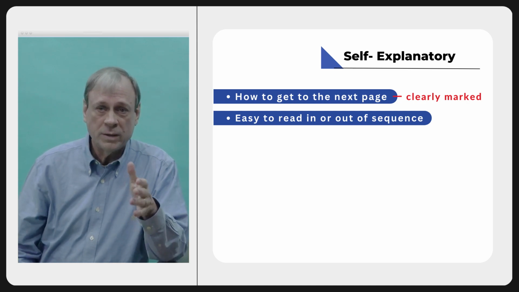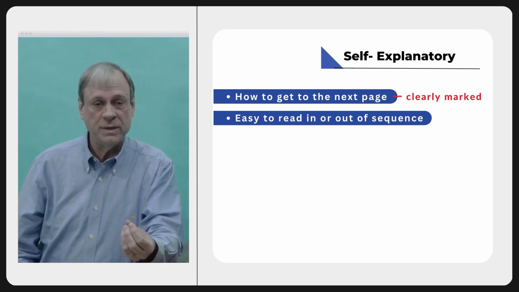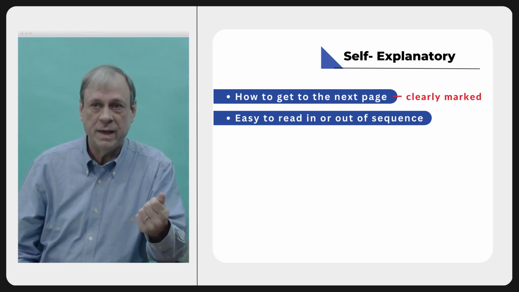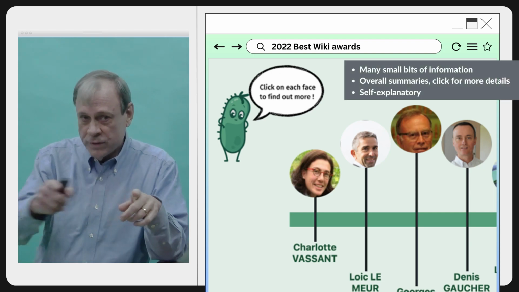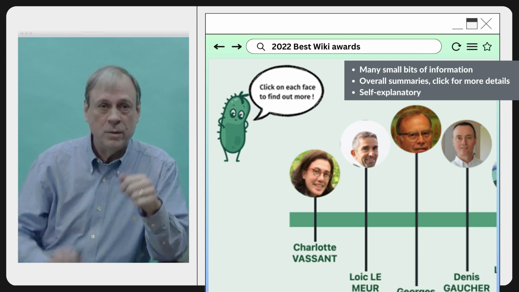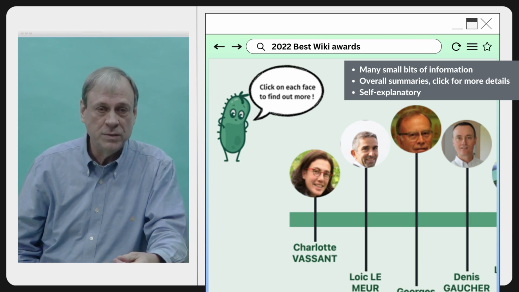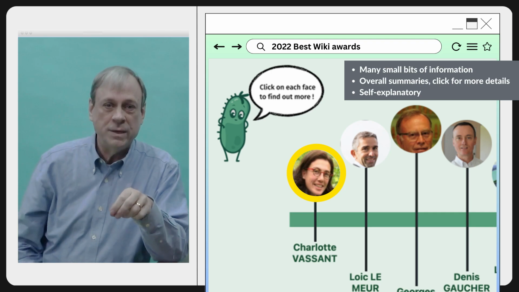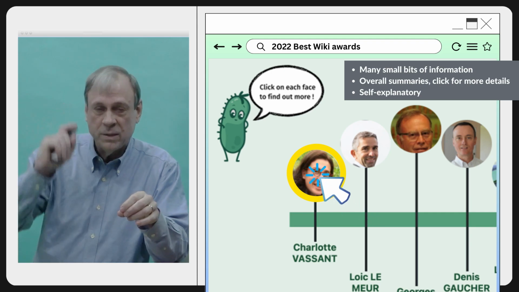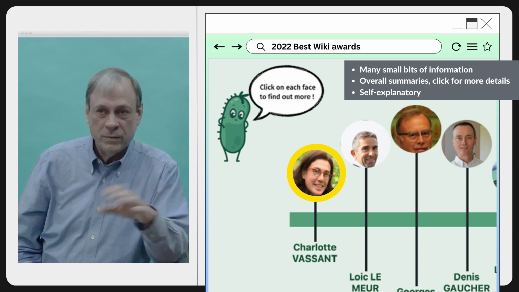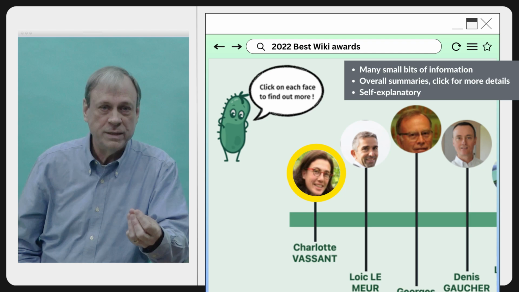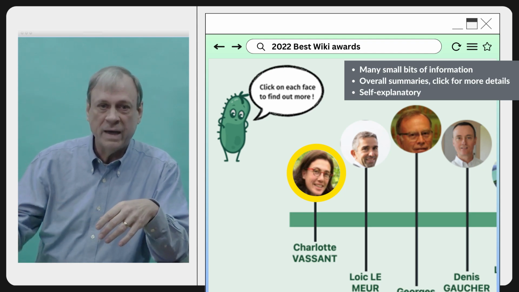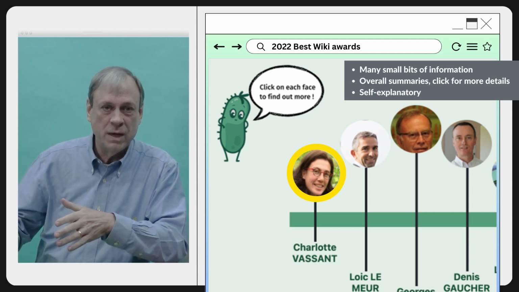It should be clearly marked so that people know, oh, there's something if I do this, rather than having to guess. For instance, the best wiki for 2022 showed all of the consultations on sort of a timeline with pictures of each person they consulted. And there's a little image there that says, to get more information, click on that image. And so those then become hyperlinks to that person, to that consultation. It's a very clear way to allow people to go back and forth between the individual consultation